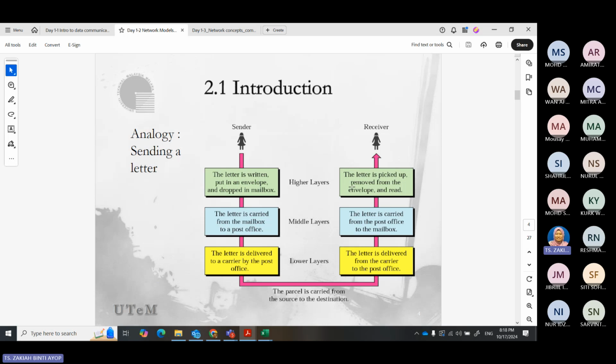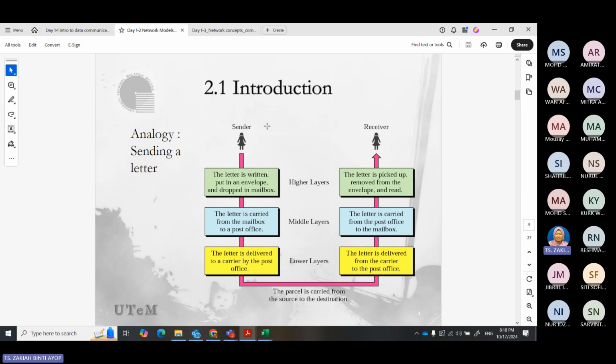I'm sure that some of the students have learned previously about data communications. The network models and protocols are needed for you to communicate with each other.